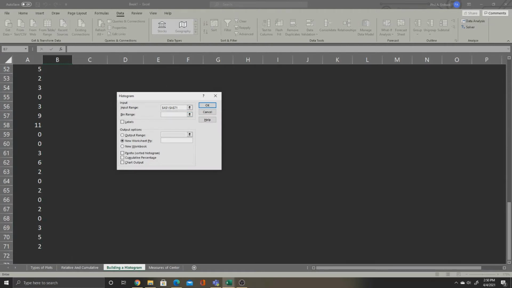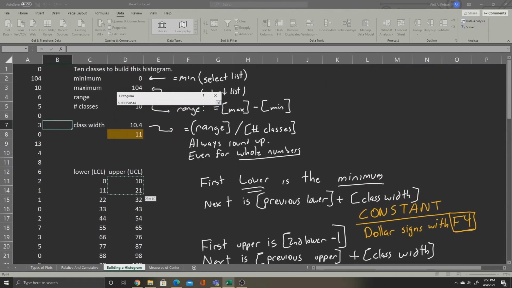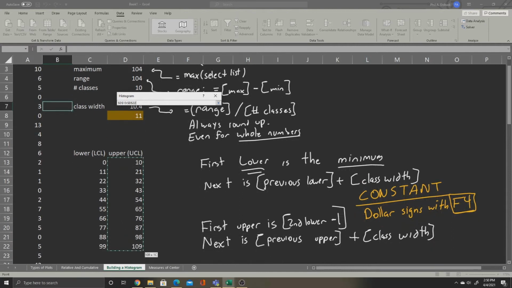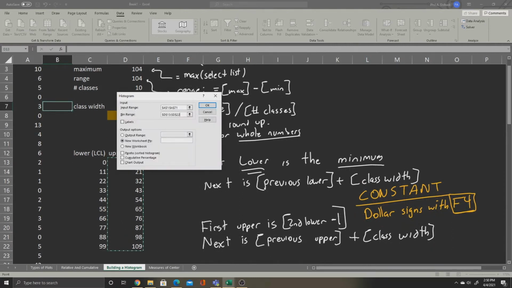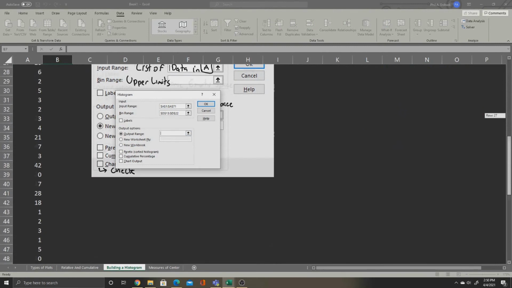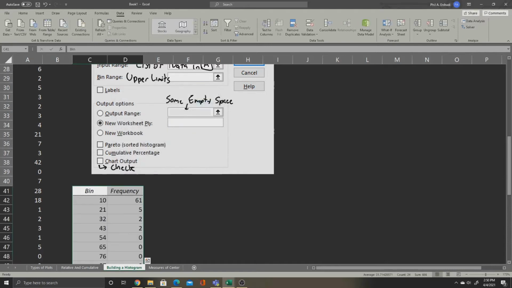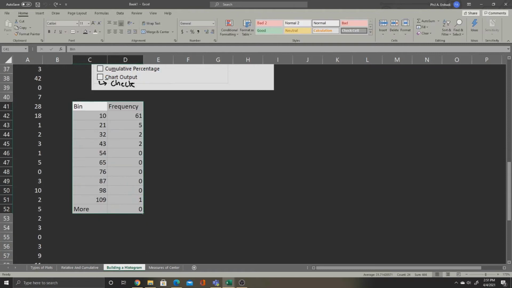For the bin range, we have to scroll back up now and select only our upper limits, not the lower. So we'll draw our green box around only the upper limits and release. That takes care of the second part. For our output range, we select this button, click in this box. We'll scroll down to get a little bit more room. Somewhere below this picture should be okay. So I'll click in C41. Also click Chart Output, and when you press OK, your frequencies will be created,